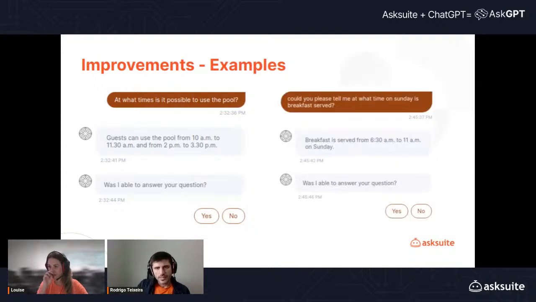The second example: could you please tell me at what time on Sunday is breakfast served? Breakfast is served from 6 a.m. to 11 a.m. on Sunday. So a specific answer to what was asked. And it's important to remember that we can't control what AskGPT is responding, because the technology generates the response itself.